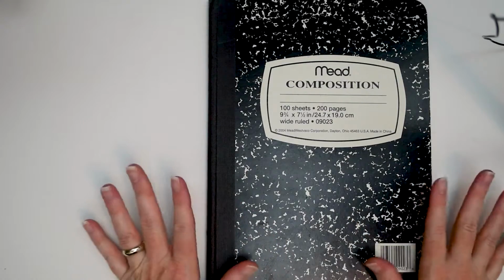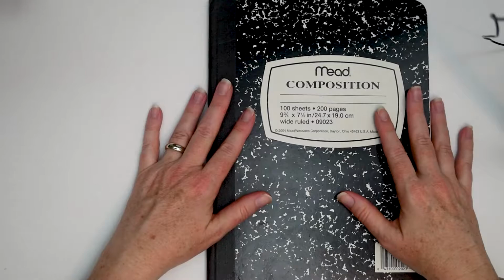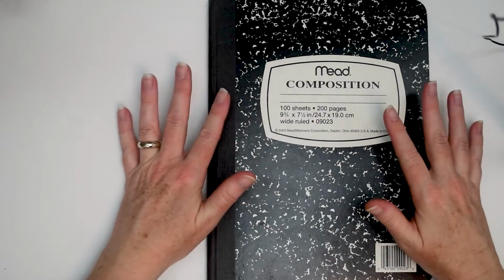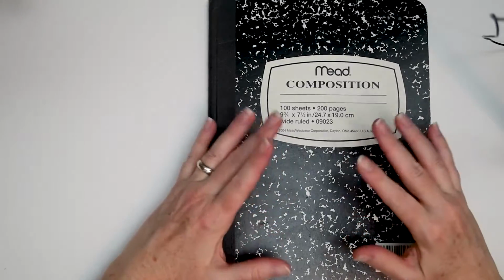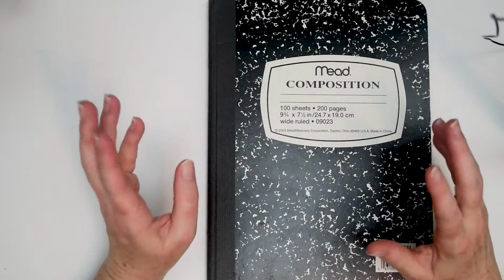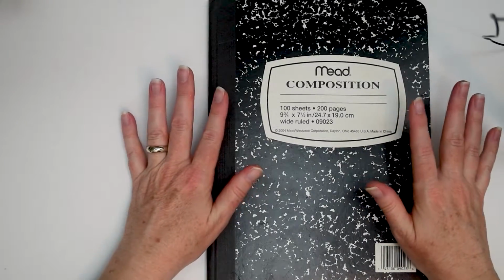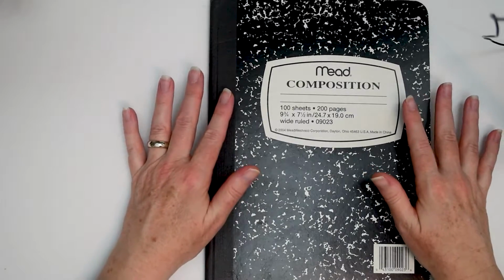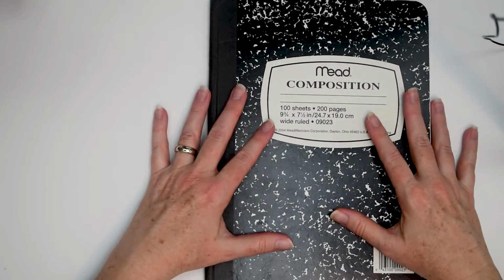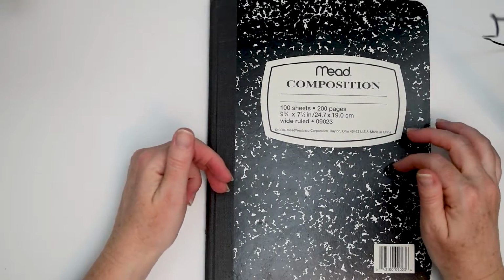So before I say anything else, a word about menu planning. I know that for a lot of people, food is almost a religion. So people are vegan, people are paleo, people eat according to the government guidelines. Let's just start with you do you. All of us are an experiment of one. What works for you, keep doing that. I'm just showing you how I am menu planning right now because what seems to be working for me is